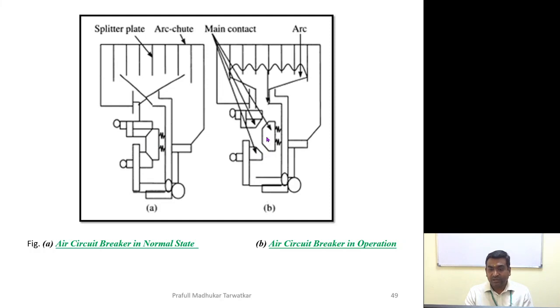But when the fault occurs, the fixed contacts remain there, but the moving contact gets separated from the fixed contact, thus opening the circuit. While opening the circuit, an arc is struck between them. This arc is then elongated with the use of arc chutes here. These are the arc chutes which are there to extinguish the arc being formed while the separation of the contact takes place.